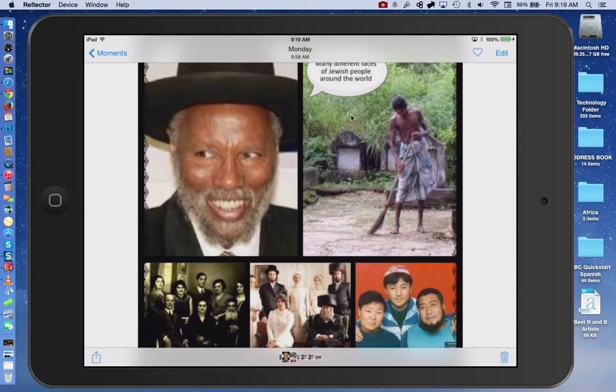So I'm making a couple assumptions, one of which is that you have an iOS device such as an iPad or iPad mini or an iPhone, and that you also know how to download the free app onto your iOS device. So with this in mind, let's show you actually how we use Pizap to be able to create